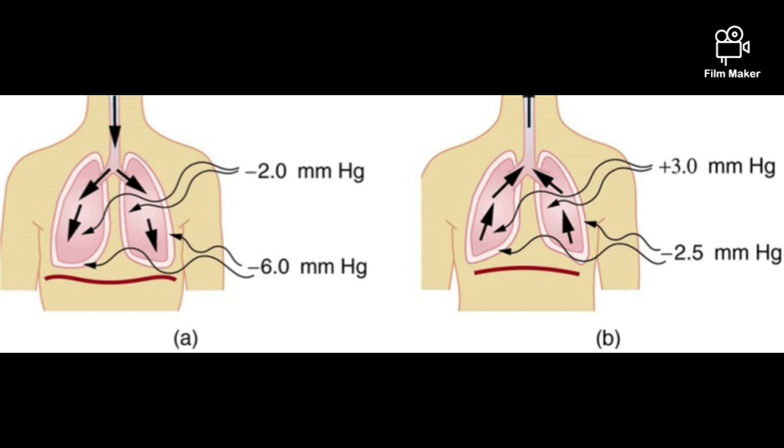Expiration is initiated by the increase in the pressure of the intra-alveolar space, and it becomes positive, nearly plus 3 mm of Hg, compared to the atmospheric pressure, which is 0 mm of Hg. So, the internal pressure is higher than the external pressure,